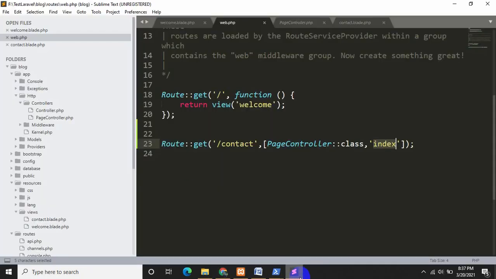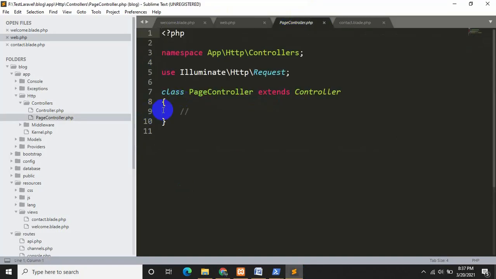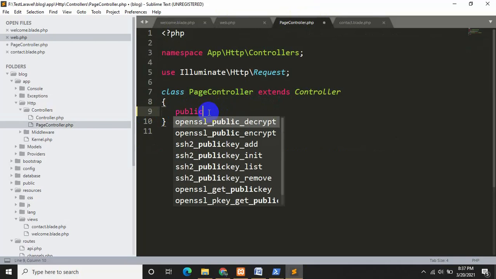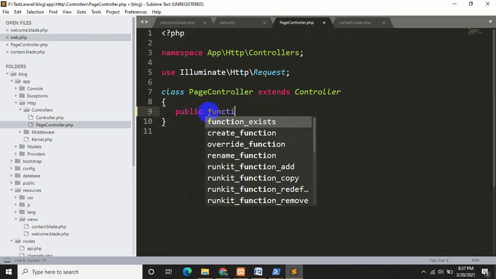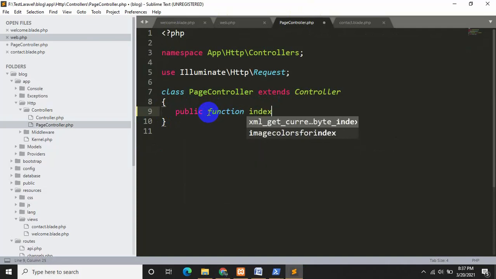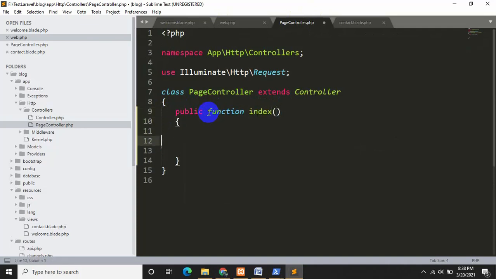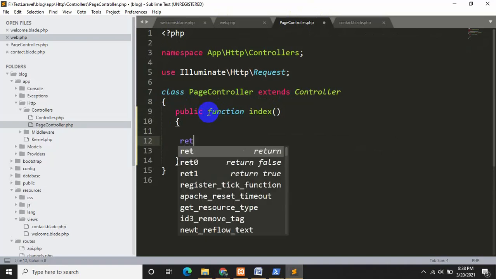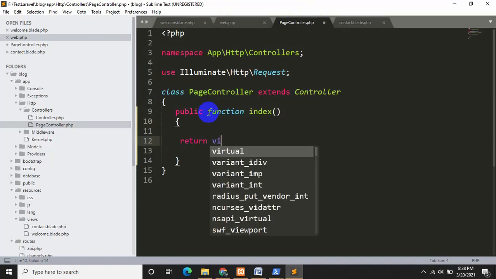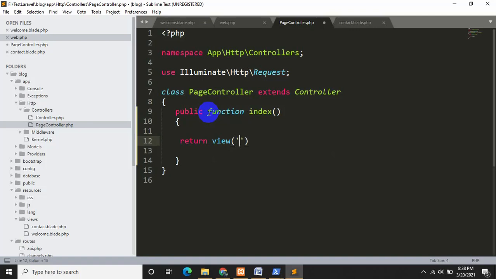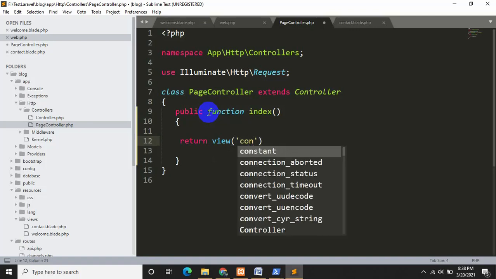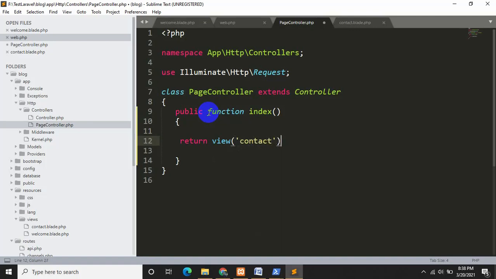Okay, so we need to create index in our page controller. So for it we need to say public function index, and then we'll just say return view contact. Okay, so it will return our view contact.